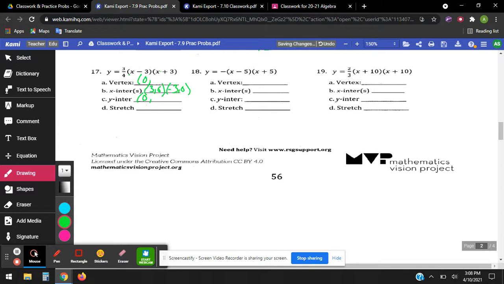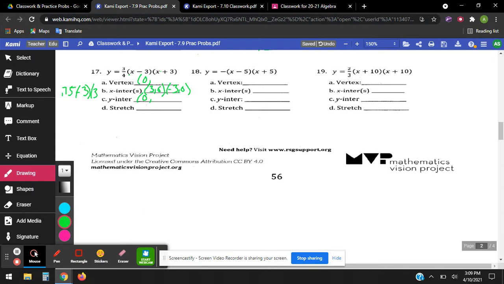Our y-intercept is our vertex at this point. So 0.75 times -3 times +3 is,